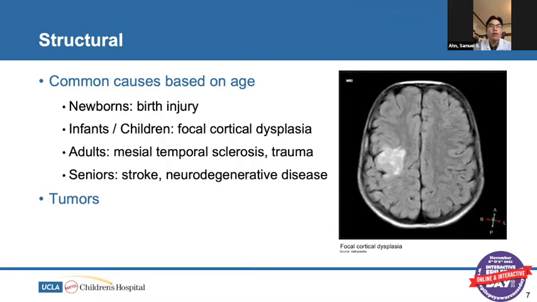Another important cause of seizure disorders in seniors is neurodegenerative diseases, or one of the more common causes, Alzheimer's disease or dementia. The progressive loss or atrophy of tissue within the brain also can distort that structure, which then leads to seizures. So as you can see, when we talk about structural causes for epilepsy, there really are many different